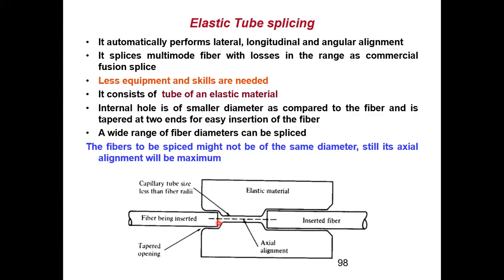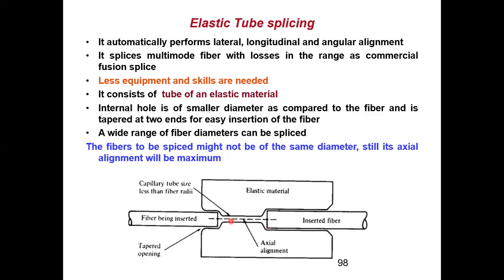यहाँ पे इसका dimension अलग है, इसका dimension अलग है. All other methods we needed to have the fiber of the same dimension. But suppose I am in a situation where I have to join one fiber with the other fiber, which is totally of a different dimension. So any of those other tubes will not support it.